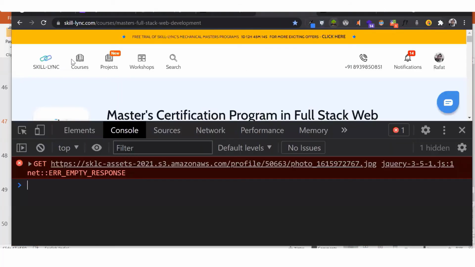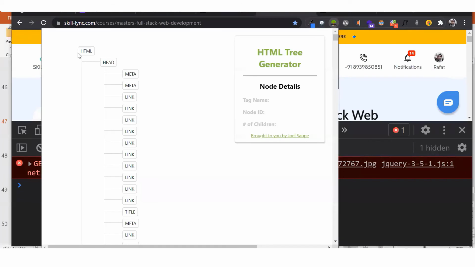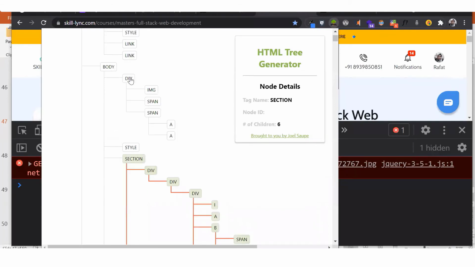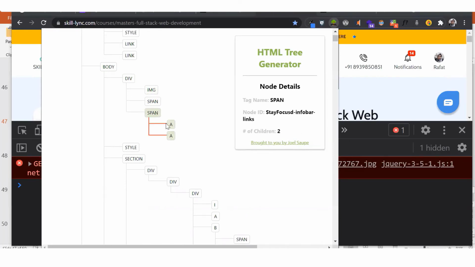Let's see. Okay, so in this master's page of Skillink, there is this entire tree model. Within HTML there is head, and there are so many metas and links, and then it starts with the body, and within body there is this first div, and within the first div there is an image, a span, and then another span in which you have two anchor tags.